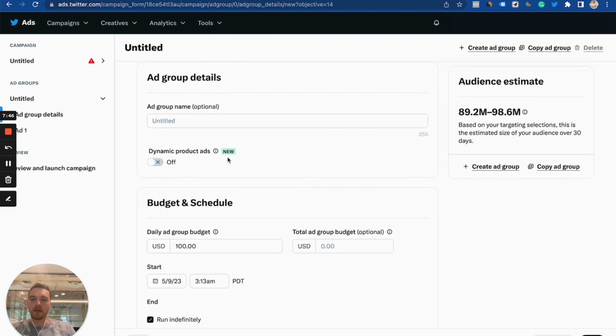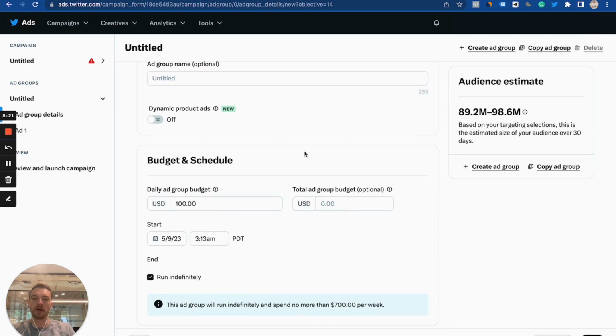One thing they also added recently is dynamic product ads. You would have to build out a collection for that, like a catalog feed for that, and then upload it into Twitter. From talking with the reps, they said the data is still coming in. They don't have a lot of feedback regarding DPA, but